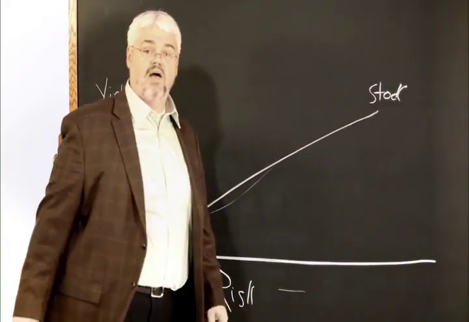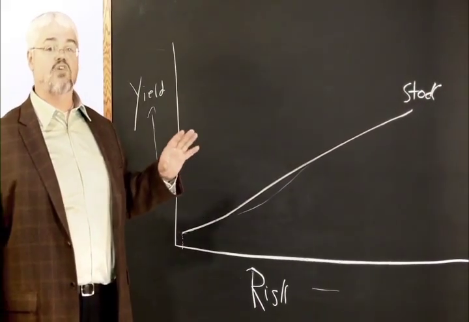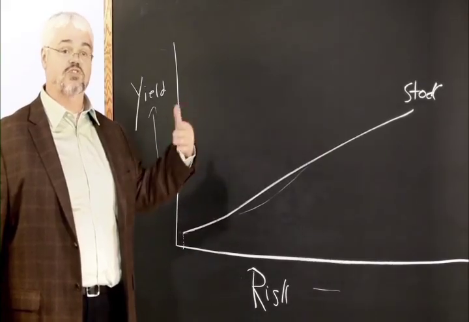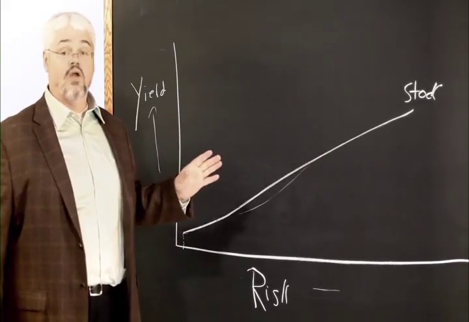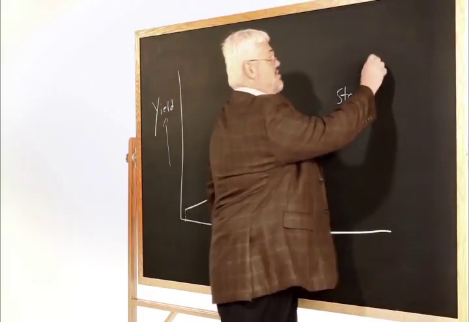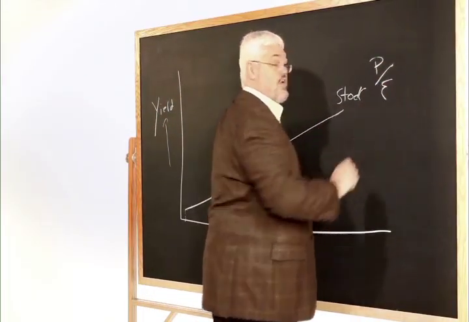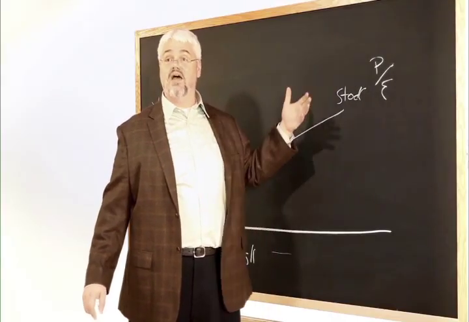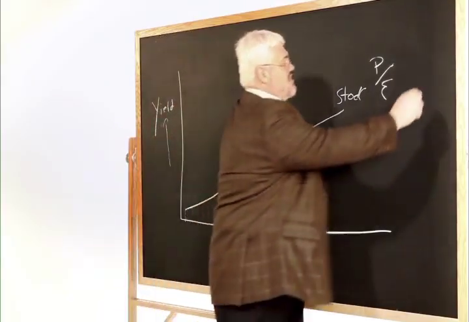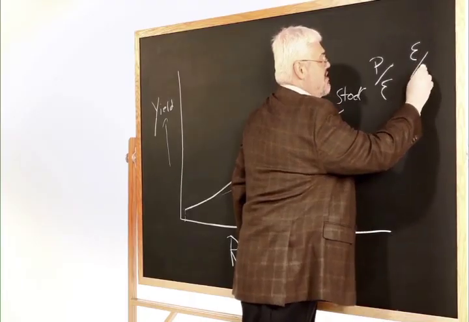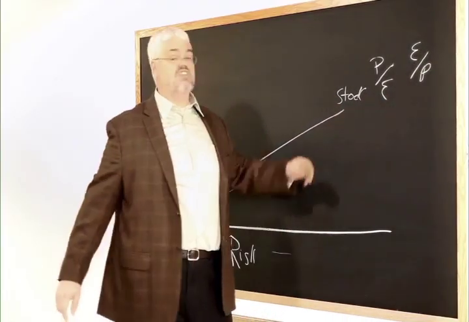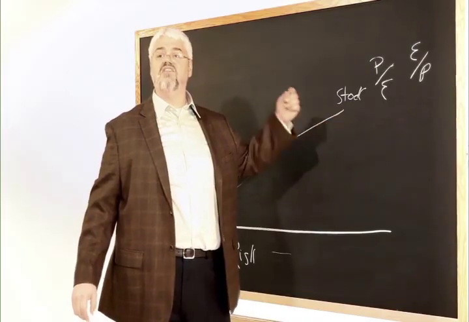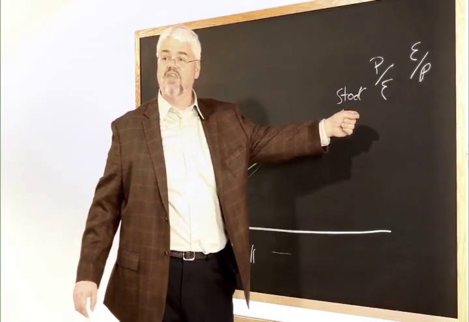Most people are not used to thinking of stocks, however, as having a yield like bonds, because usually stocks are either described in terms of their price, a Dow of a certain level or an S&P or a certain company of a certain level, or in terms of a PE ratio, which is the price of the stock compared to the earnings. In other words, the number of years you have to wait in order to get your money back. But if we just switch that around and make it earnings divided by price, then stocks can be evaluated the same way as bonds. Stocks are like bonds in that they are promises to be paid something in the future.